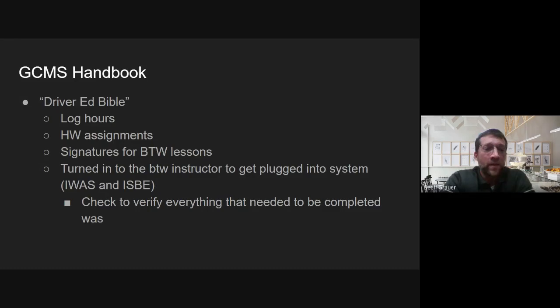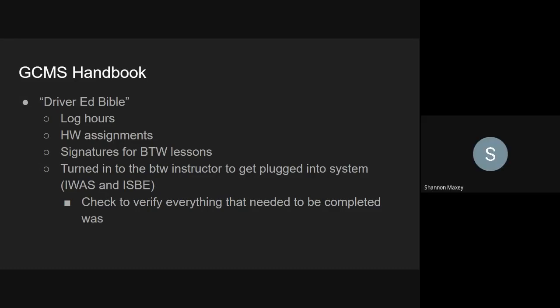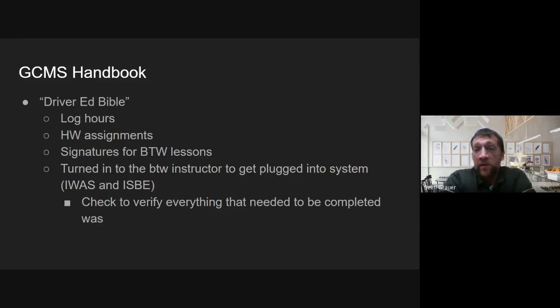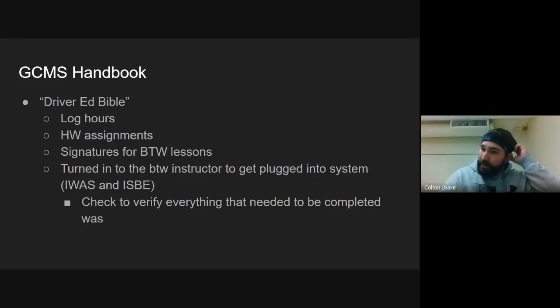But there is a page in the handbook that does have a spot for logging the hours. You can just keep it in there, or you can rip it out and put it on your fridge if that helps. Third hour parents, that GDL booklet that was a few slides ago has like 3 pages worth of hours logged for you to use. I think our driver ed Bible, as I like to call it, only has, I think, a page, front and back.